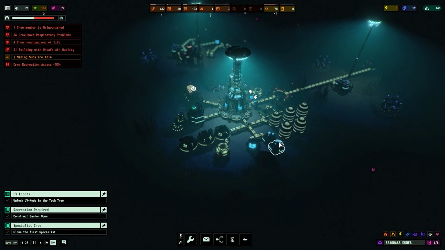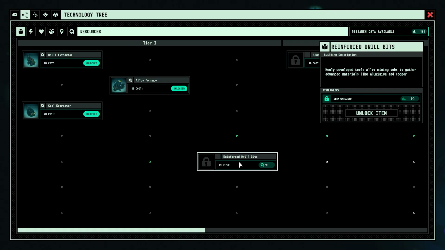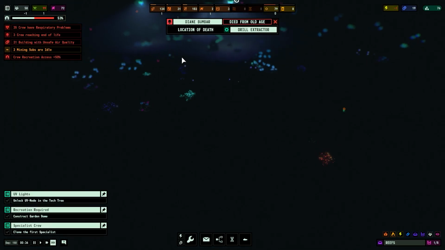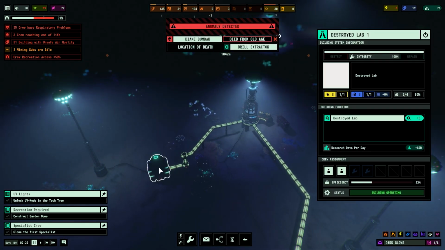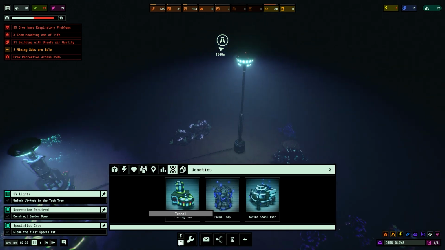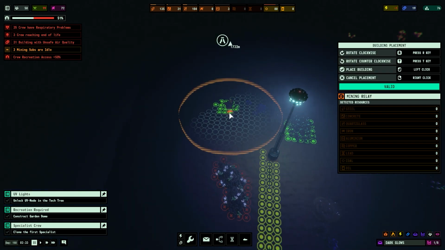Only one crew member is malnourished, so they're doing pretty happy. I think we've done a lot of good in this episode, and we have an abundance of alloy. So we'll go ahead and unlock that reinforced drill bit. There's Cthulhu. He is attacking. We will go ahead and turn this off. And we can't really turn off the elevator shaft, but we'll turn this off because we want to conserve as much energy as possible, and we want to set down a...